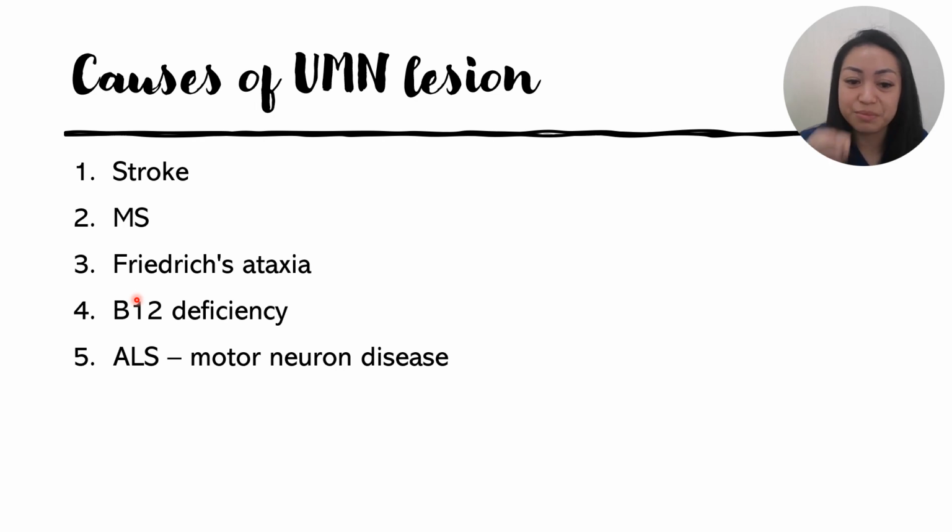So there are many more causes, but I don't want you to focus on the rare ones. I want you to focus on the more common ones, which are stroke and demyelination conditions like multiple sclerosis, Friedreich's ataxia, B12 deficiency, and obviously ALS, your motor neuron disease, that damages the motor neuron due to the accumulation of free radicals. Okay,